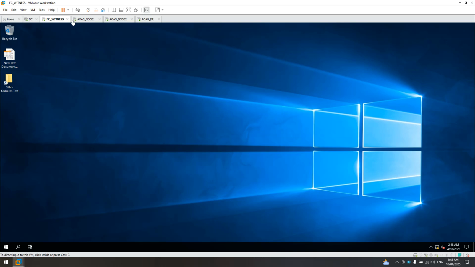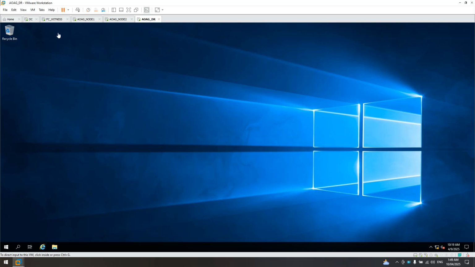I'll show you later what the purpose of this FC witness workstation is. Now, these are the 3 workstations where we will install AOAG. One is AOAG Node 1, second is AOAG Node 2, and the third one is AOAG DR, disaster recovery.